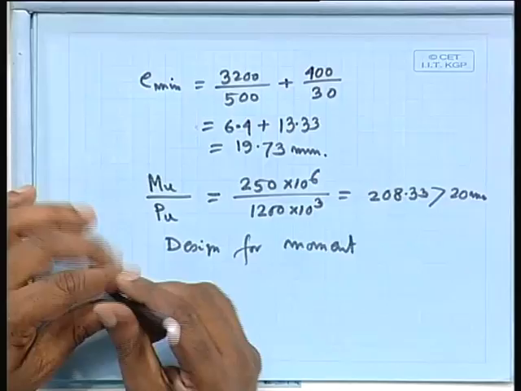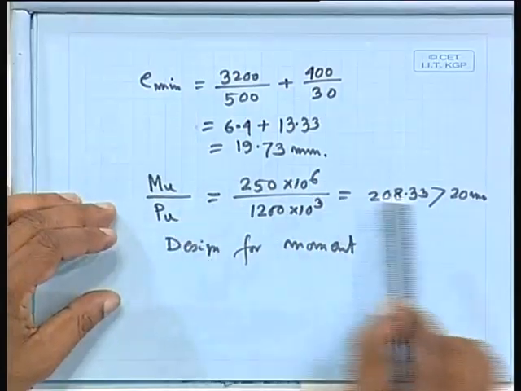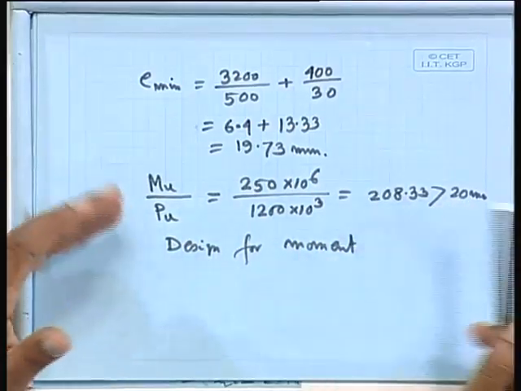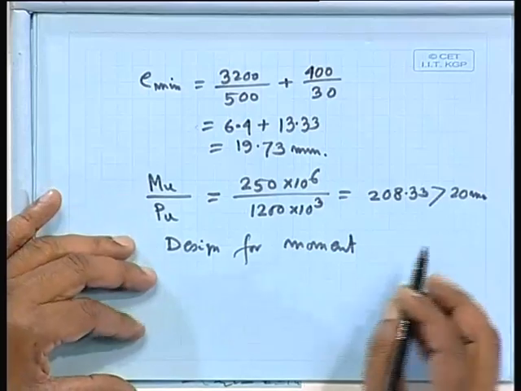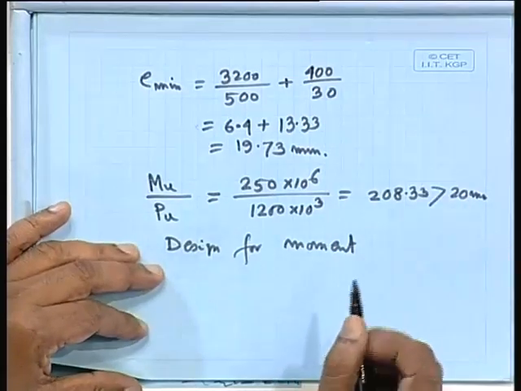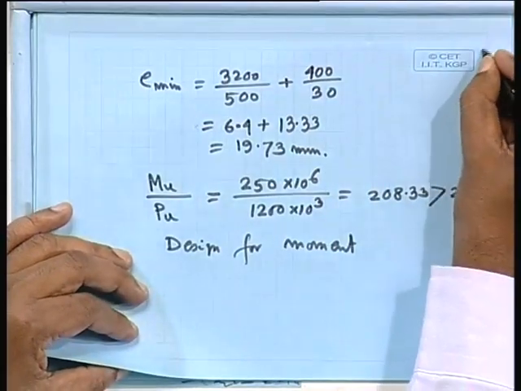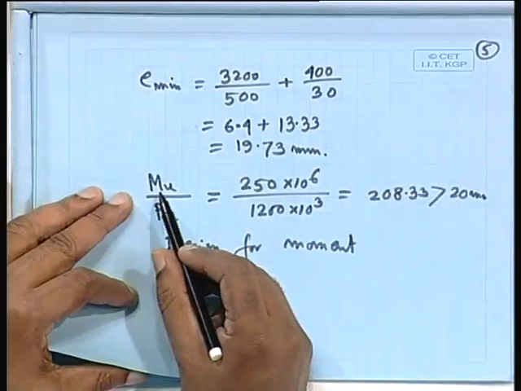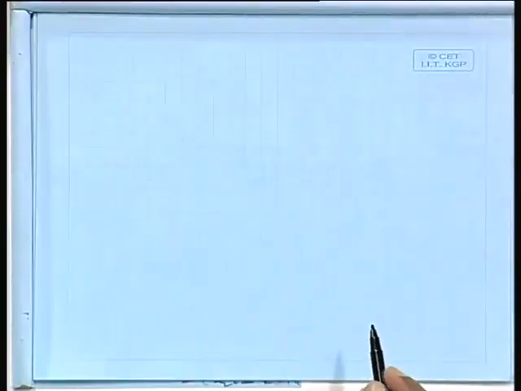Even if Mu is specified, even then if we check that Mu by Pu is less than 20, then we can simply go as, I say, your axially loaded column. But anyway, it is quite high, so you have to design for moment. So what we shall do here, Mu and Pu. So let us find out